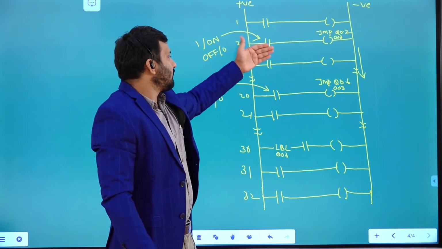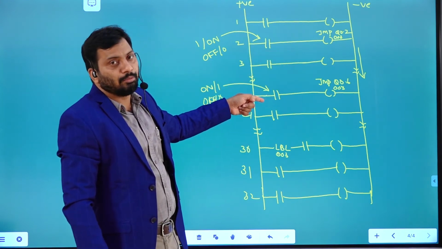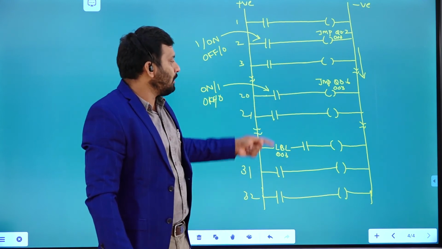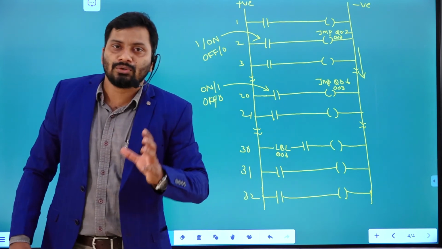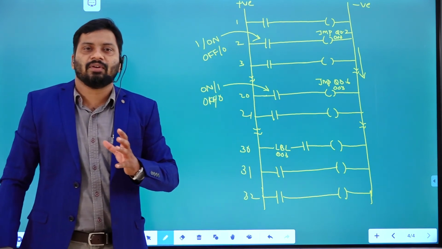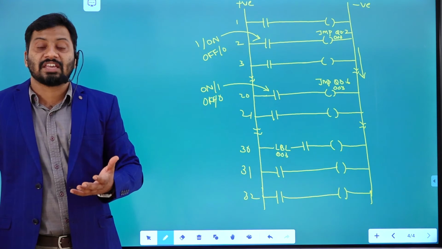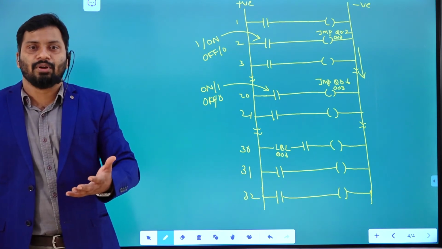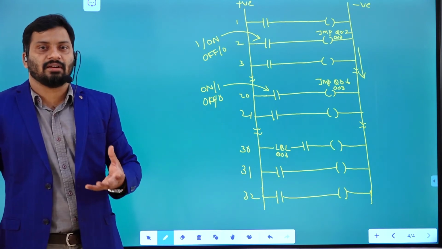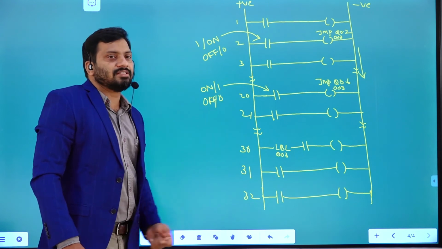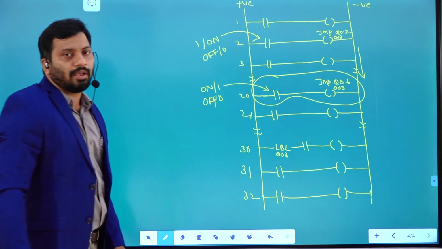If it is 0, then it keeps on executing 3 to 19, then it checks the 20th rung input. Based on this input, it is going to jump or not jump. Like that, you can use this jump instruction to jump without executing some set of instructions based on the input condition. Some set of rungs you can skip, or you can say jump, without executing, if the application demands it. This jump rung is going to work.